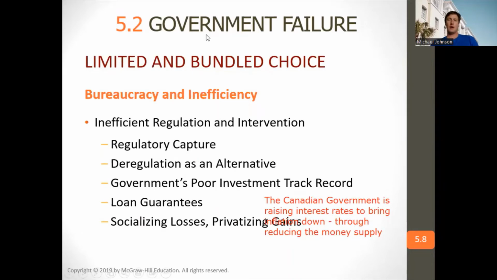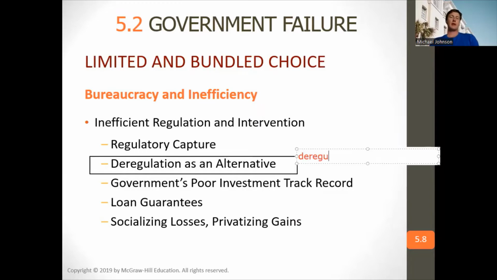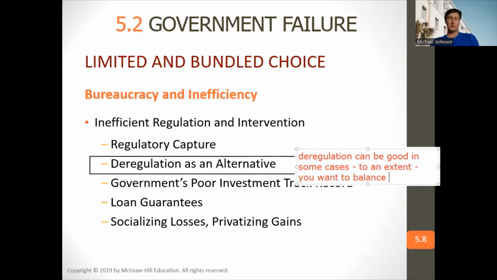And then inefficient regulation and intervention. So deregulation is used as an alternative. This is done because in certain industries, deregulation can be good in some cases, to an extent. So you want to balance regulation with deregulation. The problem with complete deregulation